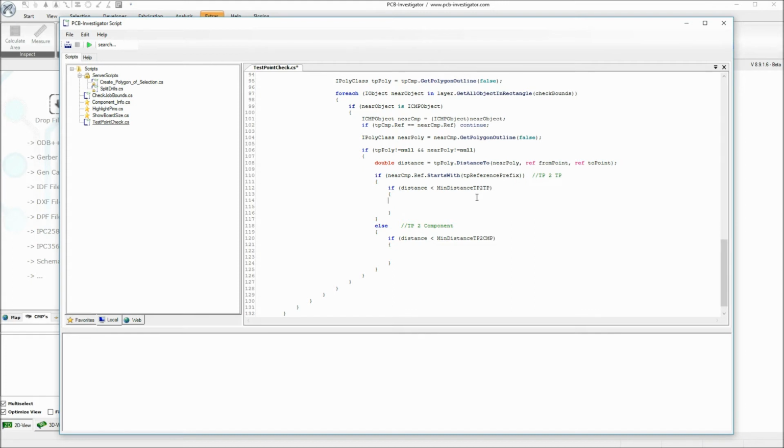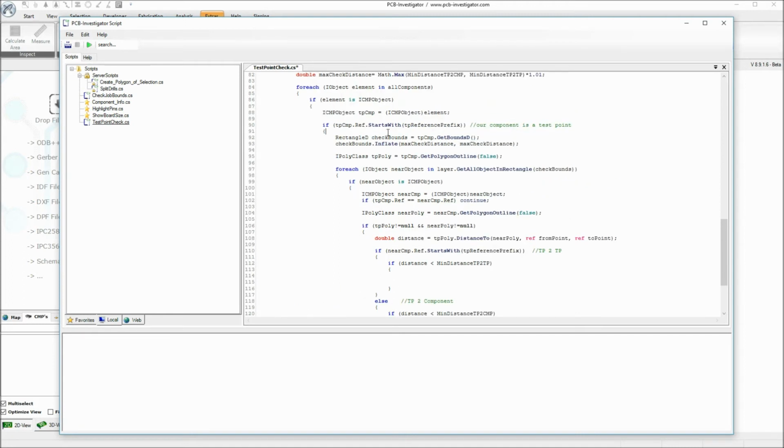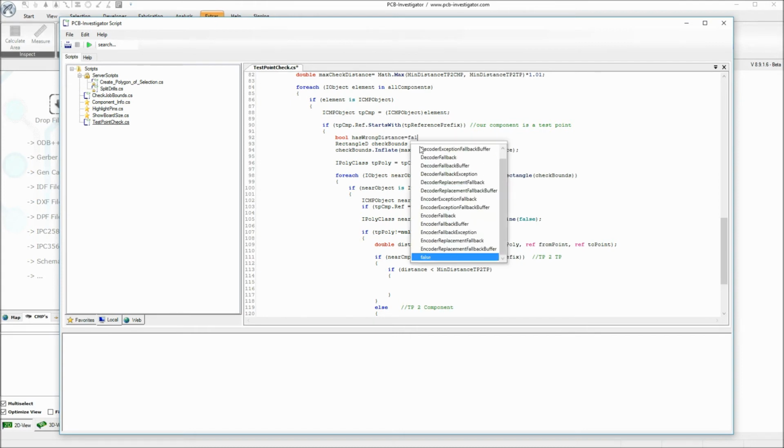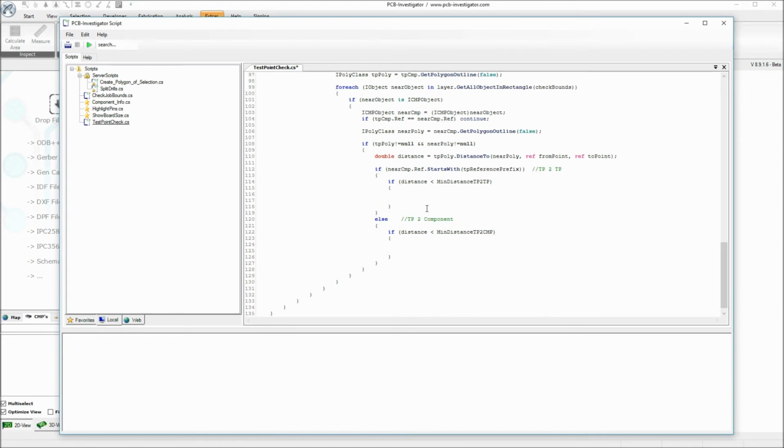So now the question is what to do. So at the beginning we just want to give this test point, which is maybe too close to other components, we want to give it a color. And we want to give it a red color or orange color or a green color. So I will just make a bool variable which gives me the information whether the distances were all right or not. So I just save a variable which says has wrong distance false, and if it is the case, I will say it is true, and here also it is true,